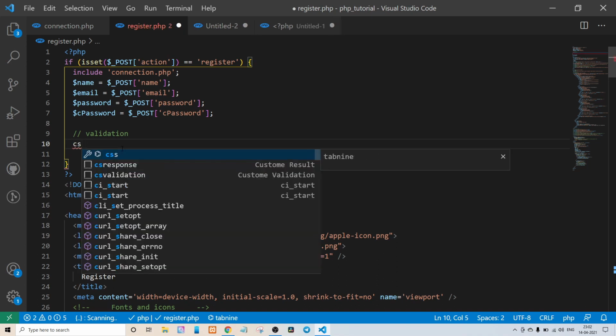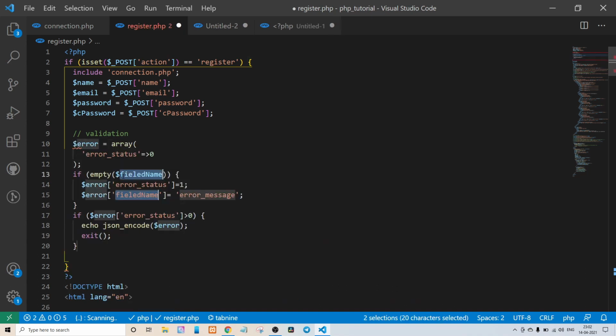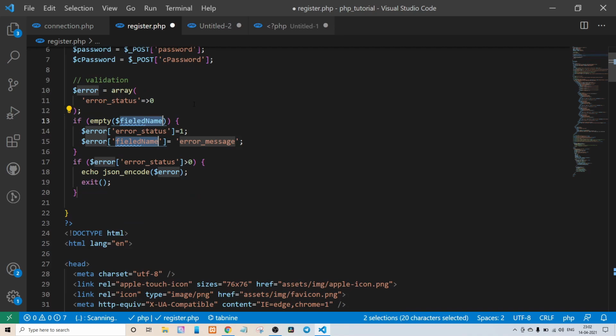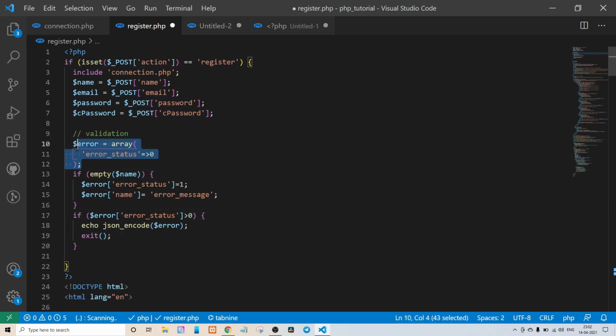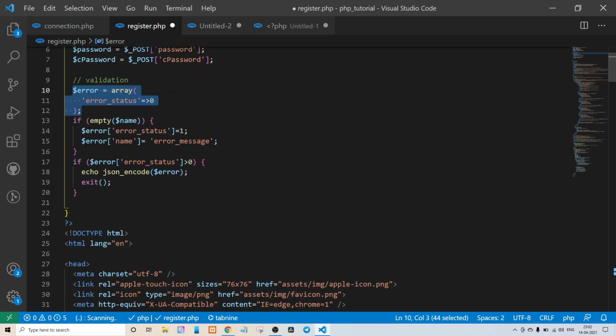I will write only CS validation. Okay, only like this. See this many lines of code. This one will work like this: $name. This validation I already explained in that jQuery Ajax video, and here again we are creating one array. I will explain again here. We are creating one array, and here we are checking if empty of $name, then error status equals